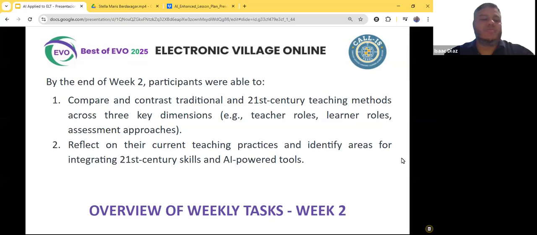In week number two, we were focused on comparing and contrasting traditional and 21st century teaching methods across three different dimensions: teacher roles, learner roles, and assessment approaches. So this session, I think Edgar was in charge of this session, and he was sharing with everyone how we usually stick to teaching traditionally